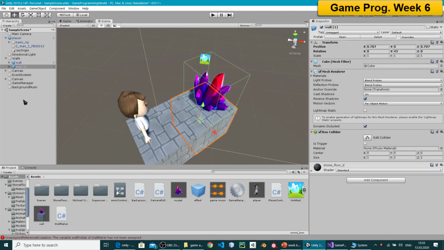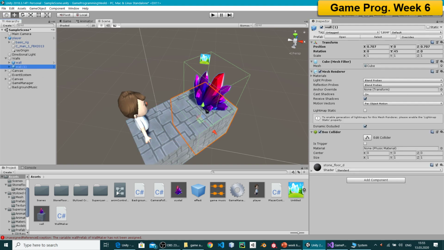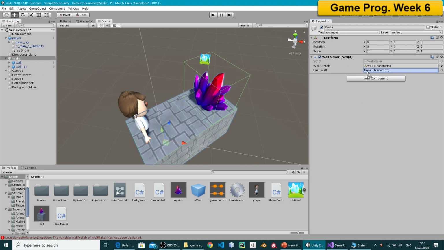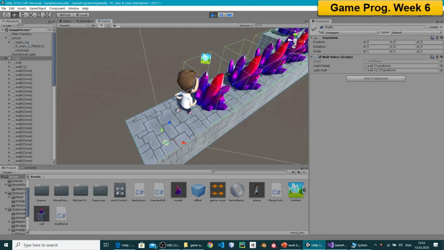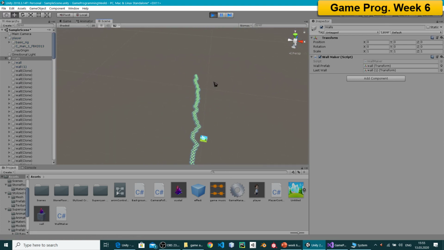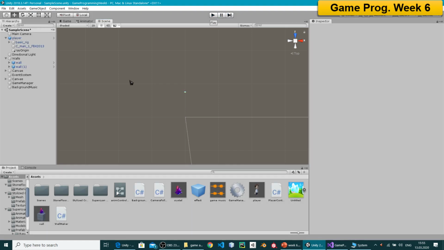I didn't add, of course, I didn't add these wall prefab. The wall prefab is this one, and last wall is, I think this is the last wall, yes. That is the last wall for now. This is only useful for position, because I'm going to continue here. Okay, it is automatically creating. Okay, so anyway, it's creating procedurally. This is the idea,